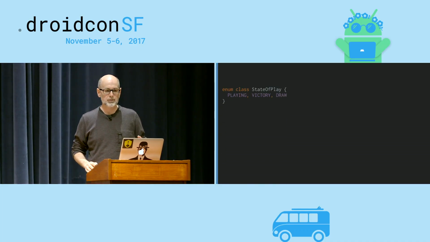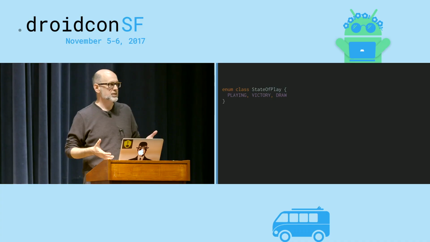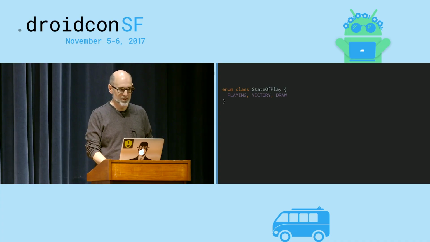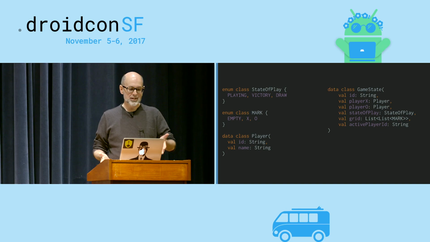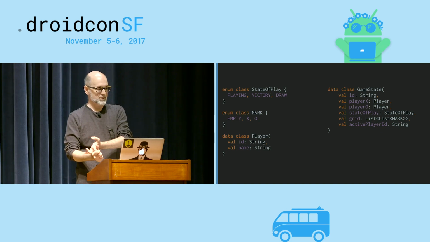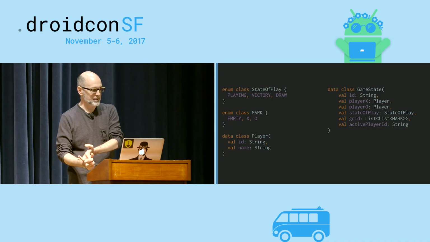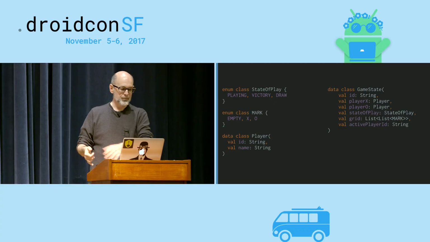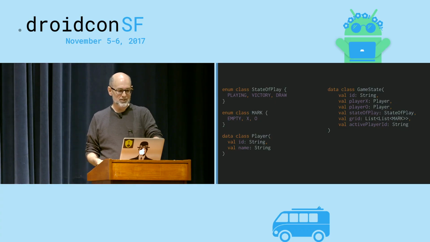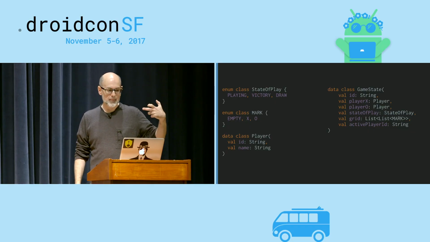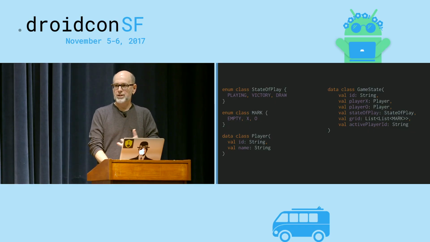So let's get a little more concrete about what a brick might look like. Let's imagine that we had a mission-critical tic-tac-toe microservice that we want to expose in this style. So we might define its overall state as a set of data classes and enums. If I'm playing tic-tac-toe, I need to know whether the game is being played right now. Did it end in victory? Did it end in a draw? Each cell on the grid is either empty or has an X or an O. I've got a player class. I've got a game state class defined in terms of those. And all of this snaps together into a complete and immutable snapshot of a complete state of a game or